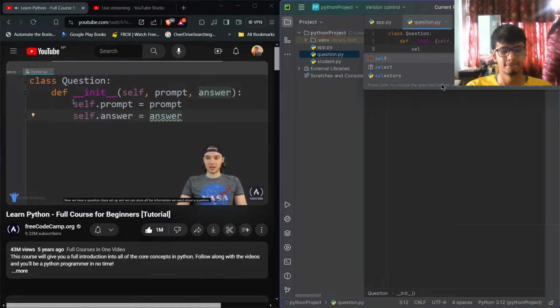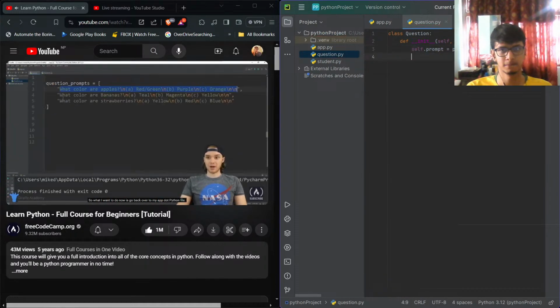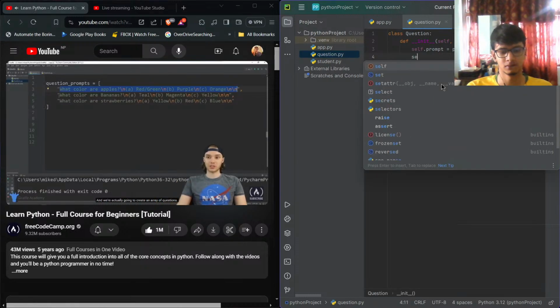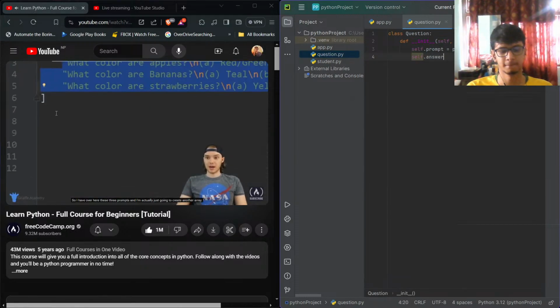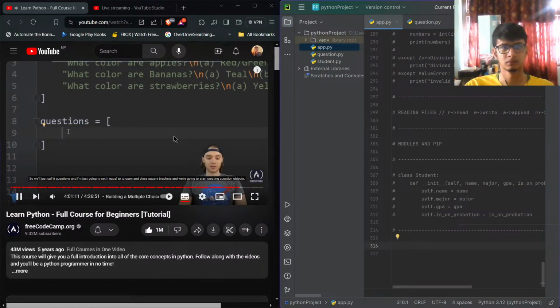So now we have a question class set up, and we can store all the information we need about a question. So what I want to do now is go back over to my app.py file, and we're actually going to create an array of questions. So I have over here these 3 prompts, and I'm actually just going to create another array. So we'll just call it questions, and I'm just going to set it equal to two open and close square brackets, and we're going to start creating question objects. So I can just say